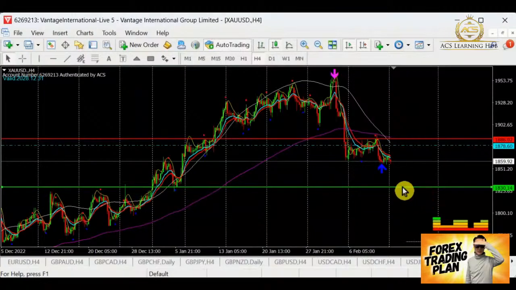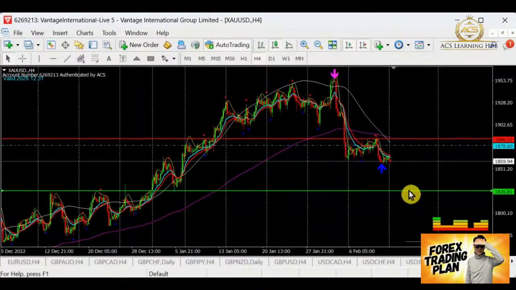Areas like these are 1825. This is one of the areas that we need to take note. If this is selling down, there may be a chance that you may hit 1825. So just be careful. But for the gold, tentatively we should be waiting for the London market to open before we have a clearer picture for that.